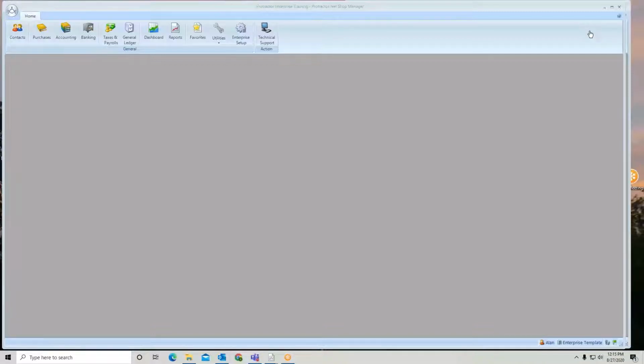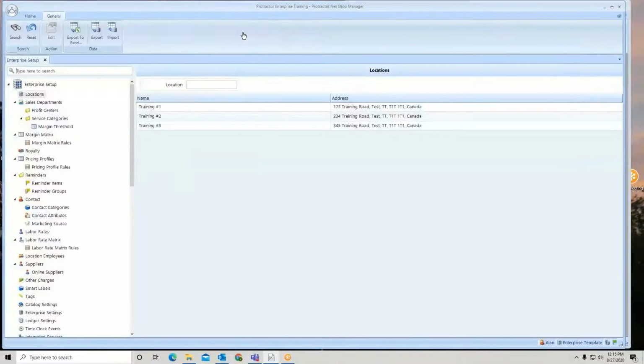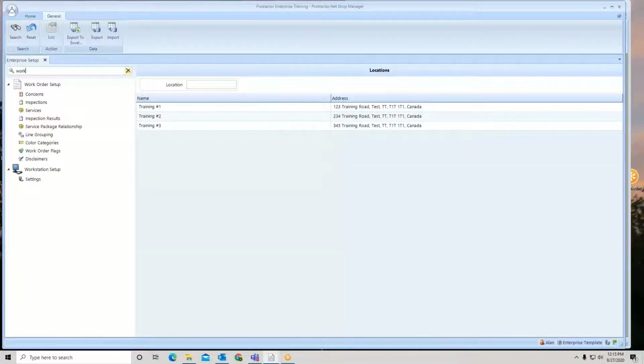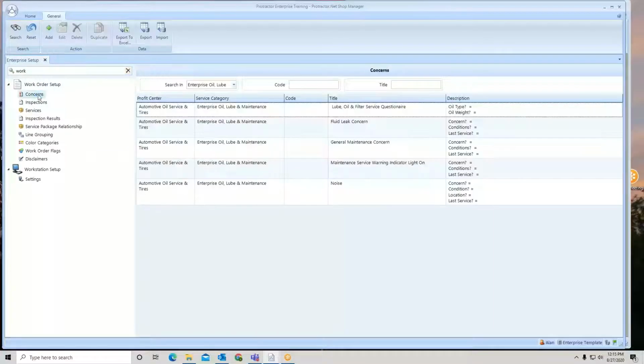In this session, we're going to discuss how to set up concerns under the work order setup in the enterprise. So from my main ribbon, when I go to enterprise setup, we're going to search for work order setup. And in here, you're going to find concerns. Your concerns are what you're going to actually enter onto a work order to document what